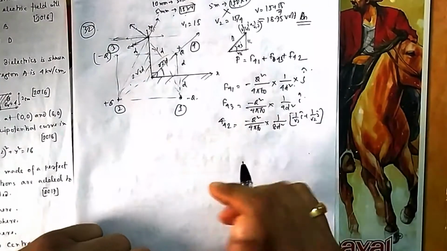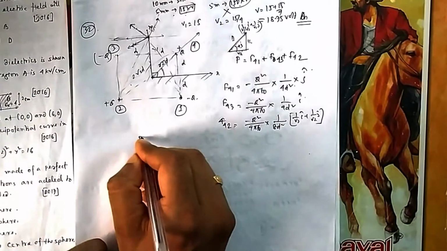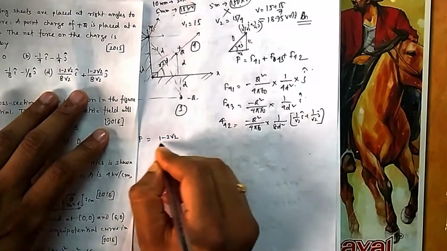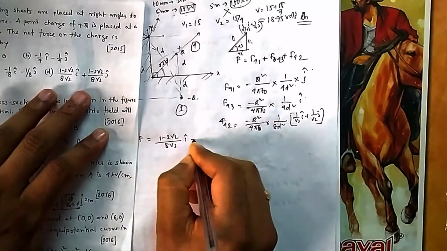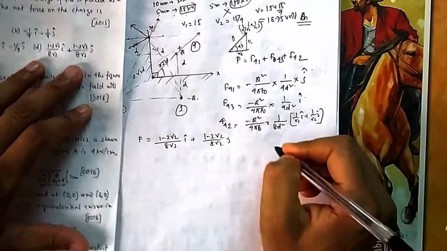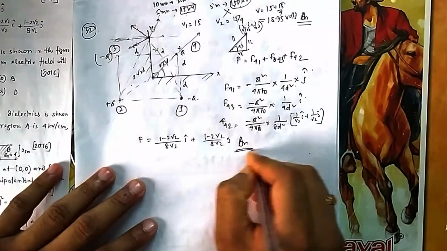So at the end you can add all these three. If you add all these three, i j, the final answer you will get is option D. I am not doing it, you can easily do it. So you will get this as the answer, option D. You simply add these three. ijk is already there, ii will be added, jj will be added. So you will get this answer.